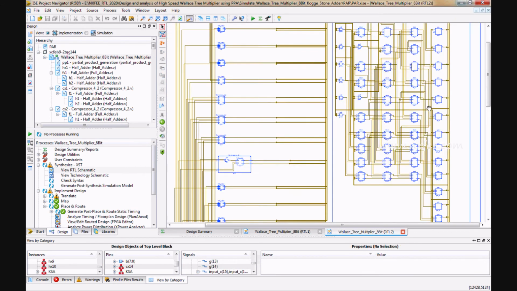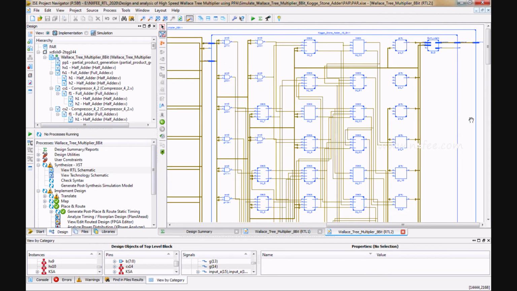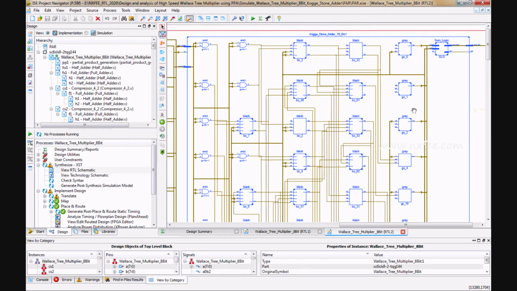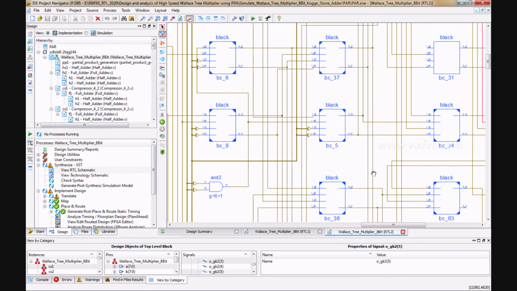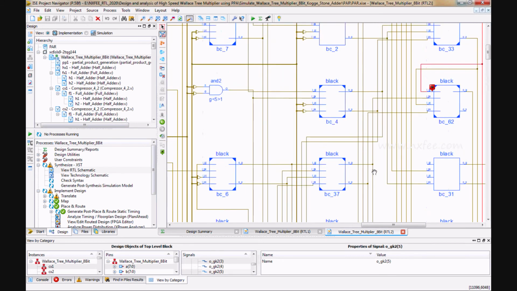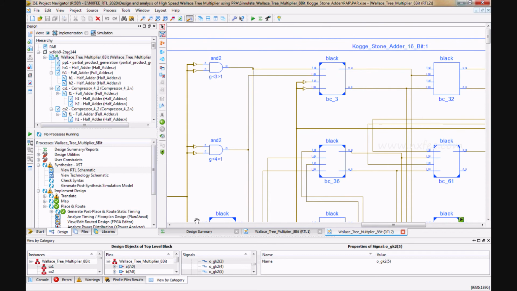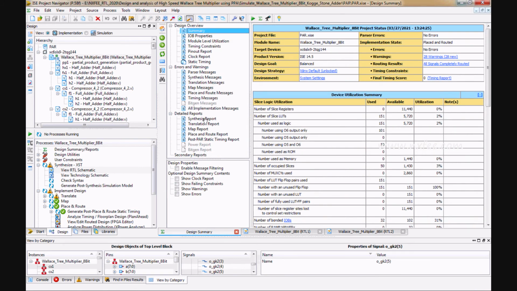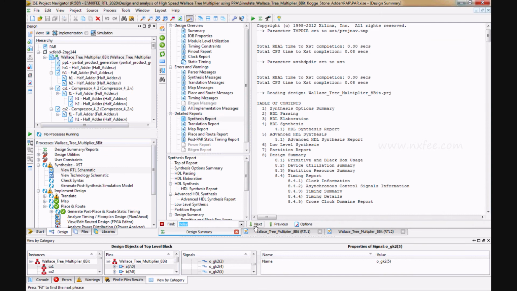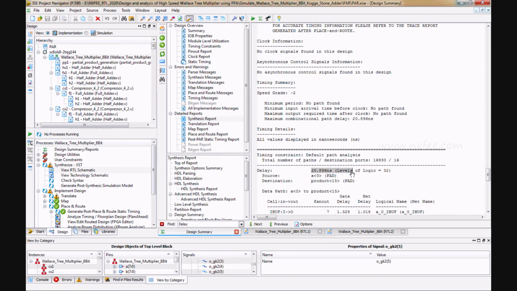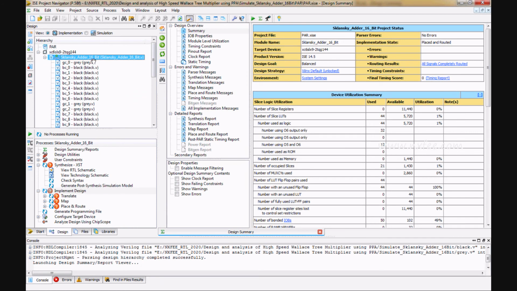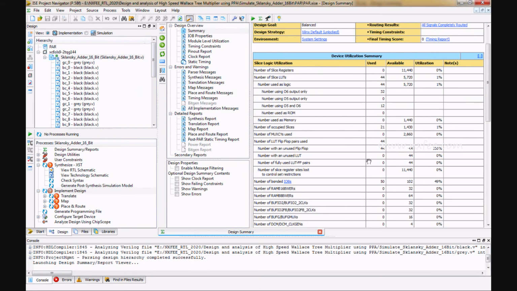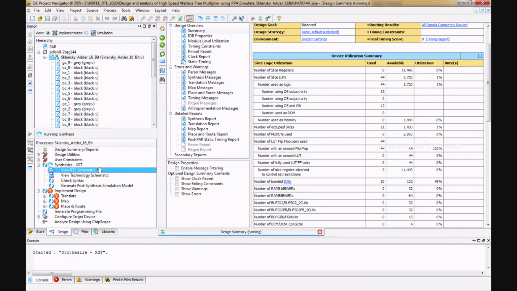This is a prefix adder, black cell, gray cell. Everything is here. And this is the summary and synthesis report. We can check delay, 20.896 nanoseconds, and we can check power, let's take 14 milliwatts. And we can show the Sklansky at a 16-bit operation. This is the synthesis report, and this is the RTL schematic.